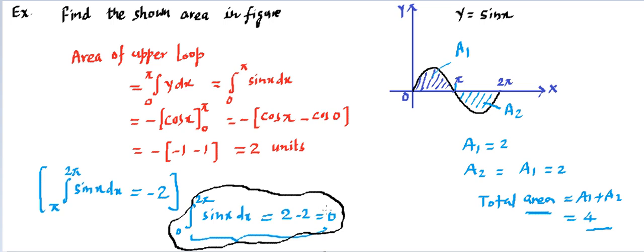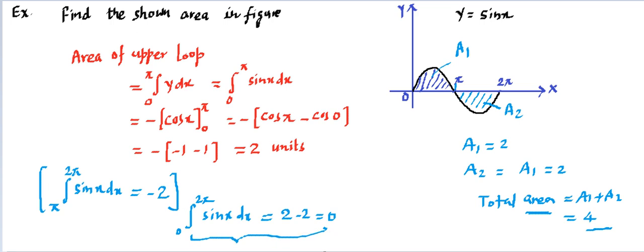Okay. So this point has to be clarified: when we say area, that means we are simply talking about the area of geometry, and that's always positive, so that has to be added up. When we are talking about the area using integration, integration carries a plus sign for upside and a minus sign for downside. Making sense? So this is what it is.